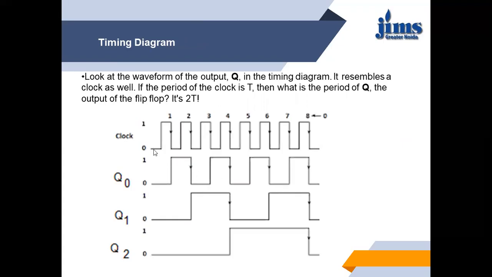Now you can see from the beginning of the clock till the next beginning, till here, this is the cycle time period, and you can see for the time period of the Q